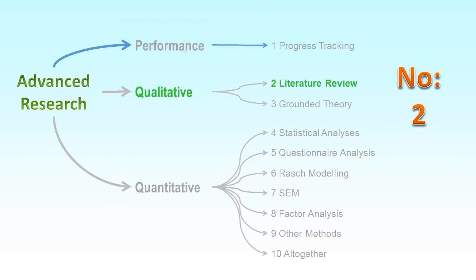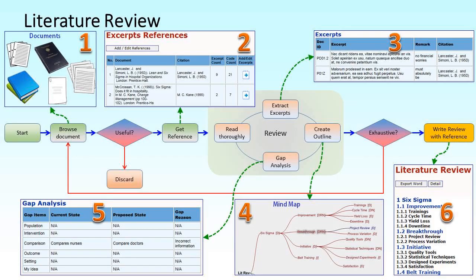Number 2 on the list is literature review. AsterWrite features the best way to conduct literature review. Relevant documents are collected in PDF format. List of documents to review is entered into the literature review applet. Excerpts from the documents are tagged with codes. Codes are managed through a mind map. When a code is clicked, all relevant excerpts from different document sources are collated and the student can write a